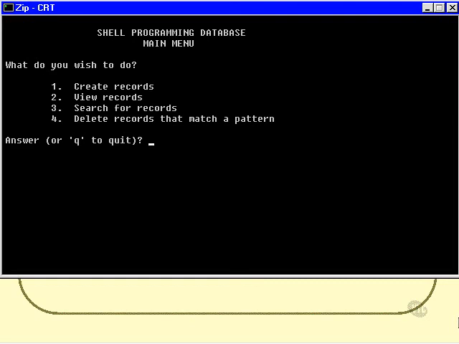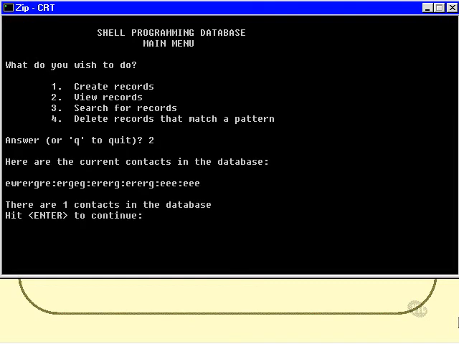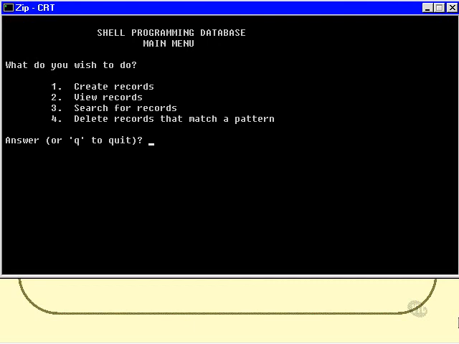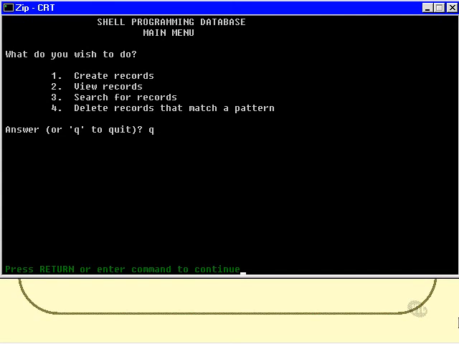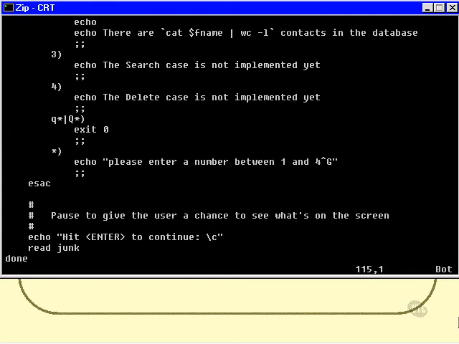So let's do the view records selection, and here are the current contacts in the database, blah blah blah, there is one, and hit enter to continue, and around we go around the loop again. Okay, and so everything seems to be working, so I can now test to see whether we can exit the program by typing Q, and that worked as well. Excellent. So there is again a sample working solution to the specification of